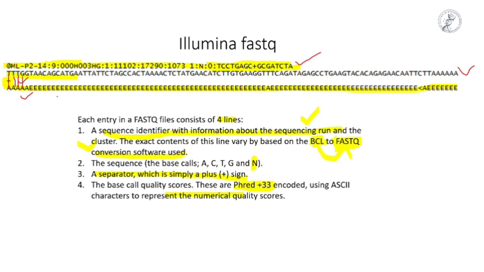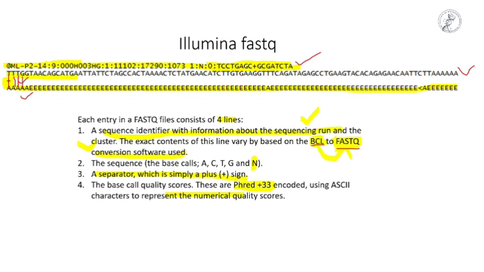So this is how the data from the Illumina comes out as BCL format, and the BCL format will be converted to the most accepted, most used format. From the FASTQ format only, every analysis is done using different softwares. This FASTQ format is the most widely used format, just like FASTA format for GenBank. It consists of 4 lines. The first line is the identifier line, which has details about the sequencing, what machinery was used, the cluster, details about the run, all these technical things. The second line is the original sequence. The third line is a plus sign, which is a separator, and the fourth line is the quality score, which is indicated as